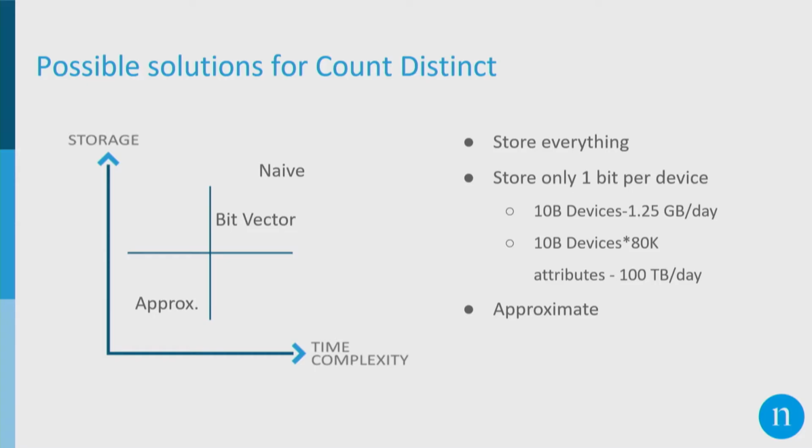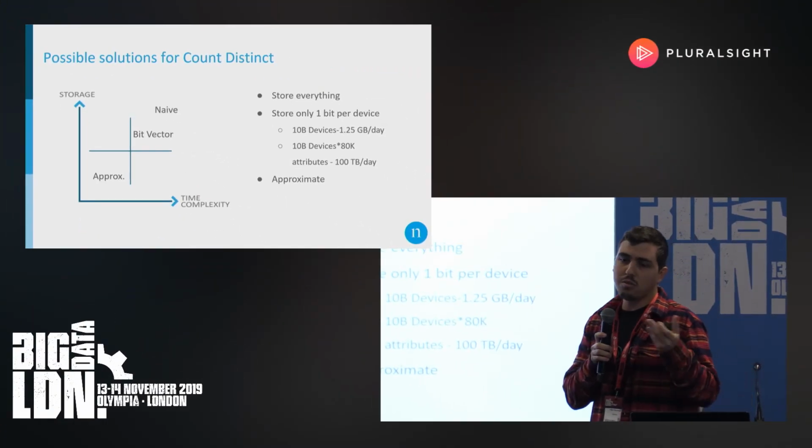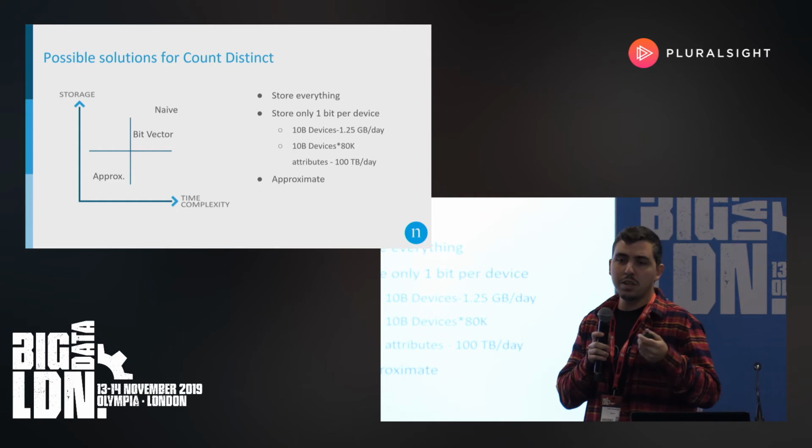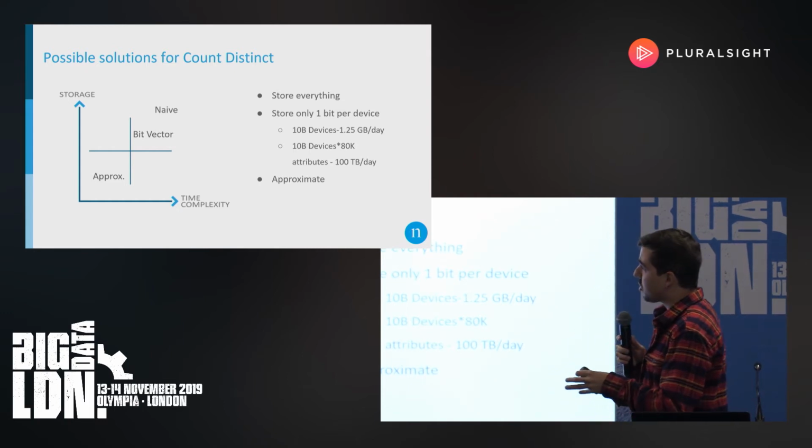Okay, so at this point, we understood that we need to look for a better alternative to Elasticsearch, and we started to investigate the space of count distinct and possible solutions to count distinct in general. And as probably most of you know, there are a few possible solutions to the count distinct problem. The first solution is just to store everything. So let's say that for our use case, we have attributes, and we want to know the number of unique devices that were assigned to each attribute. We can just store a